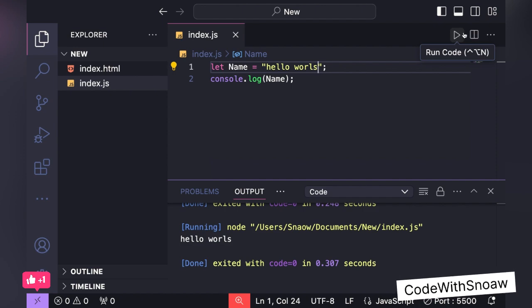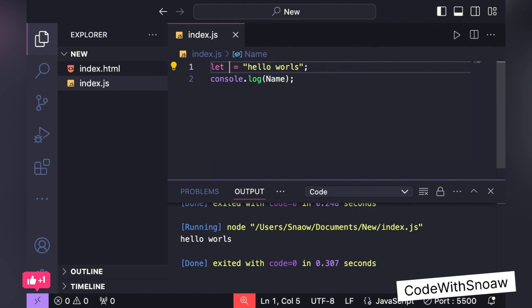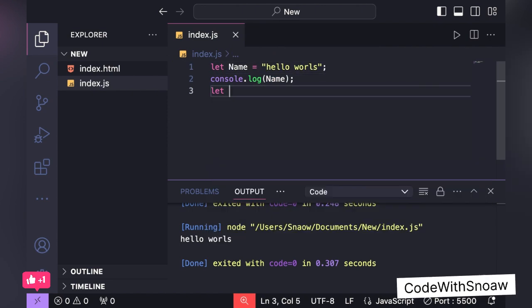One more thing you need to know about the syntax of JavaScript is that JavaScript is case sensitive. This means that JavaScript identifiers are sensitive according to the case. So here is what I mean. Let's declare a new variable, for example,